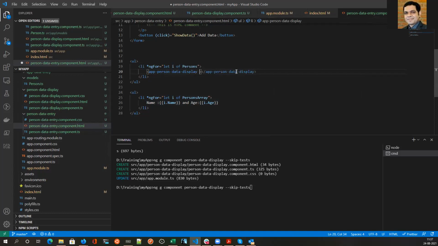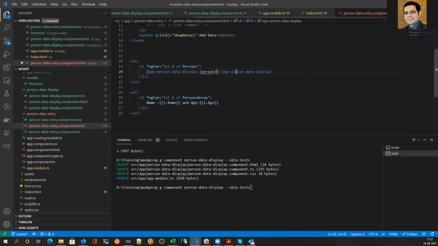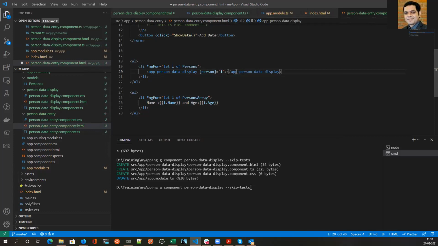And here, what I'll do is I'll bind person, the property that we defined within the child component, with I. So that way now I'm passing I to the child component, and then the child component can use it in any way that it wants. So this way you can customize a lot of things.